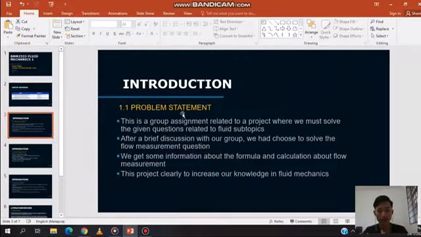This is our problem statement, where we must solve the given question related to fluid subtopics. We had to choose to solve the flow measurement question. We get some information about the formula and calculation about flow measurement, and this project clearly increases our knowledge